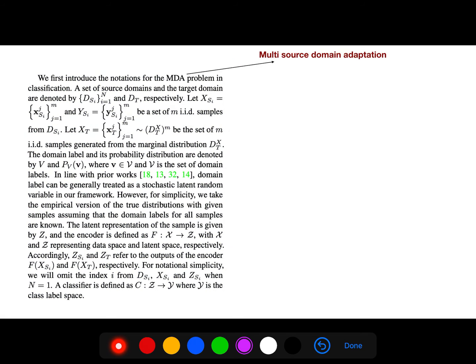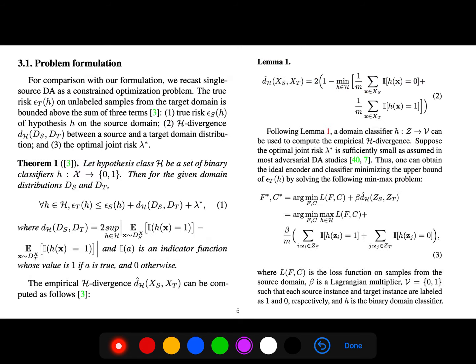We first introduce the notation. We have n number of source domains, and we have access to just the samples of the target, not their labels. So let hypothesis class H be a set of binary classifiers. Then for the given domain distribution,